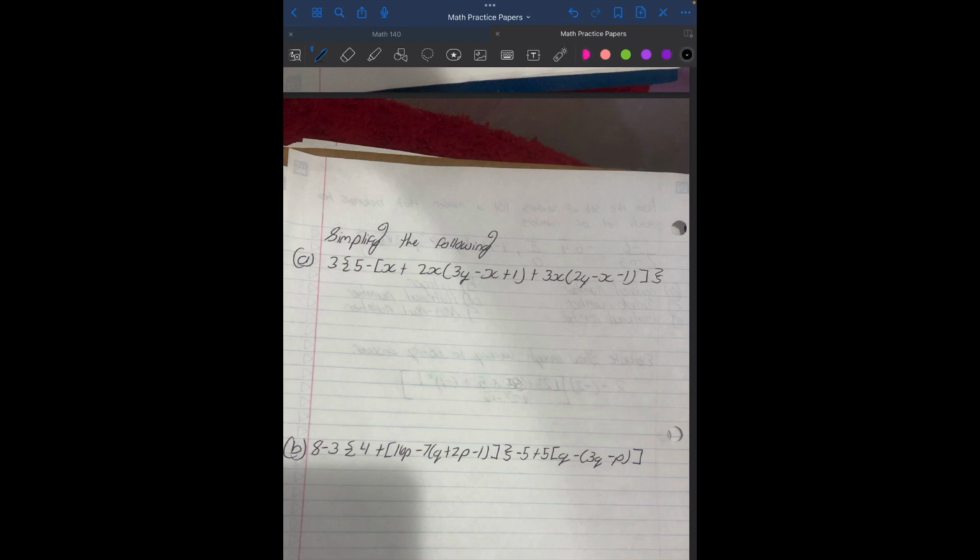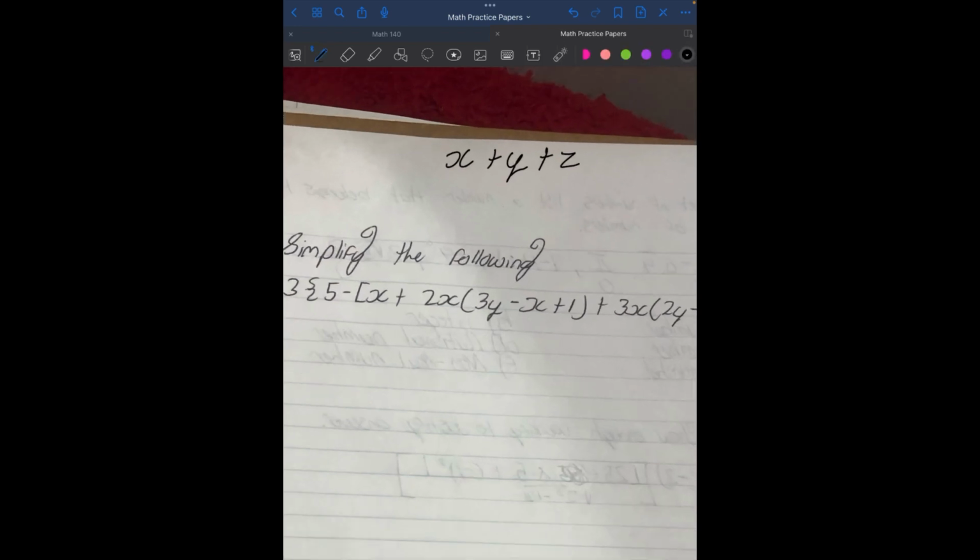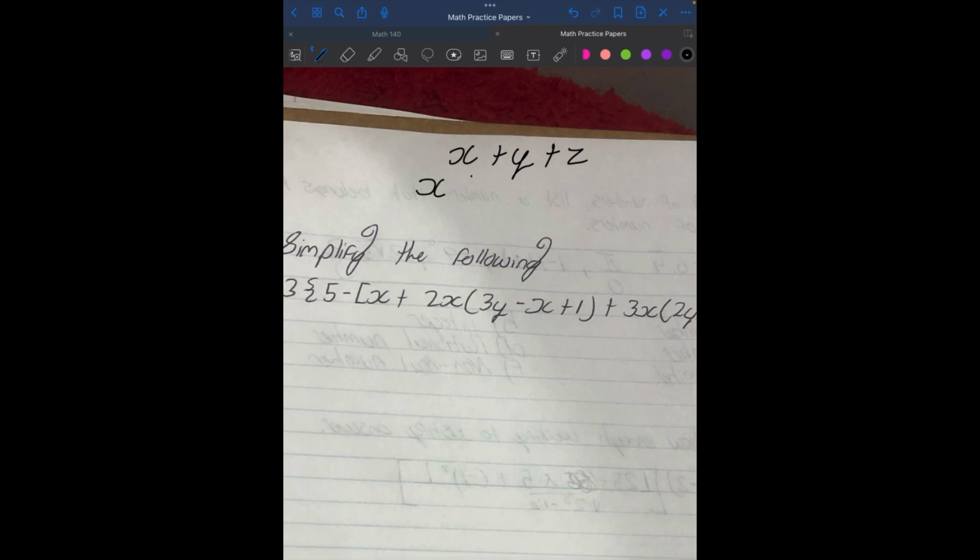So let's say we have the variables x plus y plus z, right? You're doing stuff to these variables now. So you have x and then plus 2y, and it's just saying you're adding these, but you're doing stuff to the variables while you're adding. If you all get what I'm saying. So like